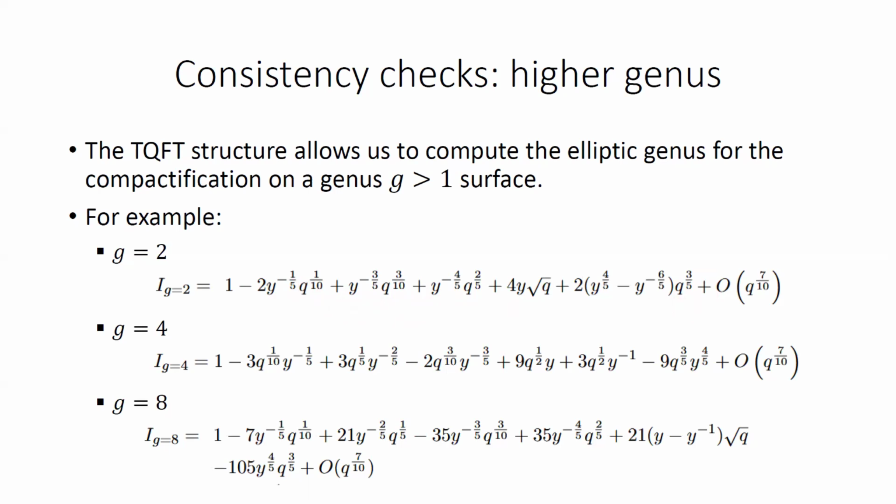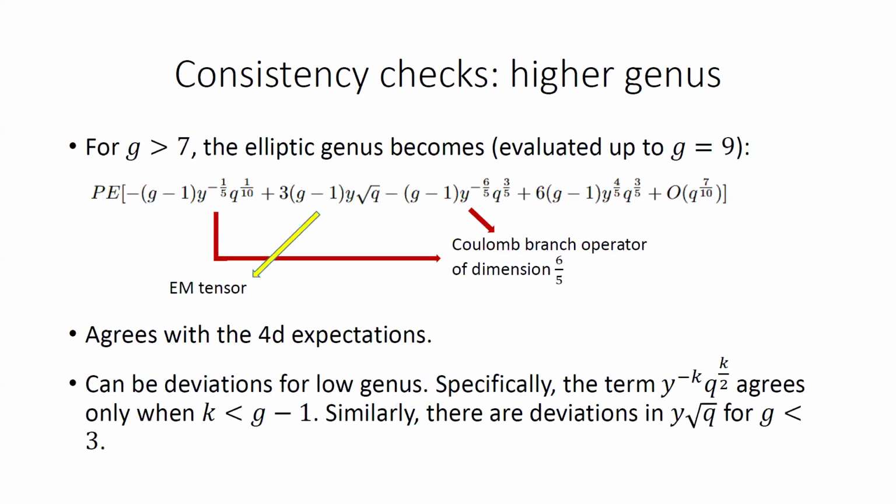I don't know if you can notice some specific regularity in these numbers. With the shortage of time, I'll just tell you the answer. It turns out that the elliptic genus, at least for sufficiently large genus, in this case it happens to be g bigger than 7, becomes this expression. So it's a statistical exponential, so you basically take all possible products of the terms in here, described otherwise by precisely 4 terms. Now, you may notice that you have 3g minus 1